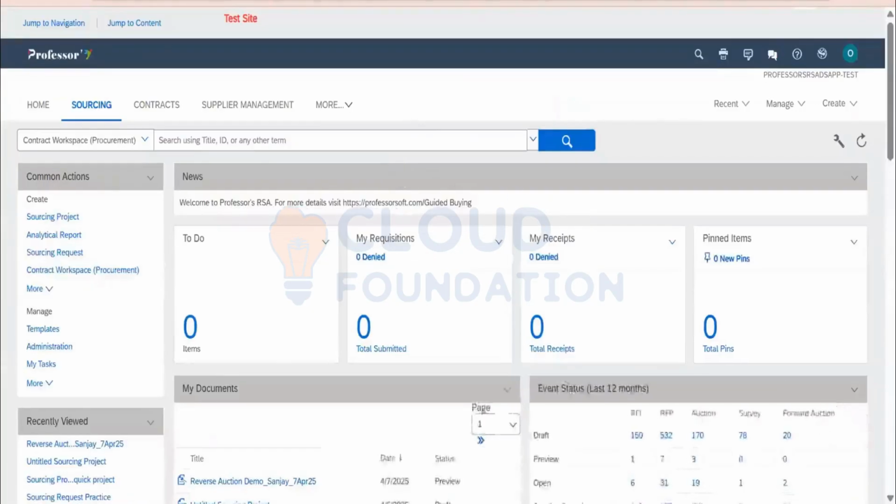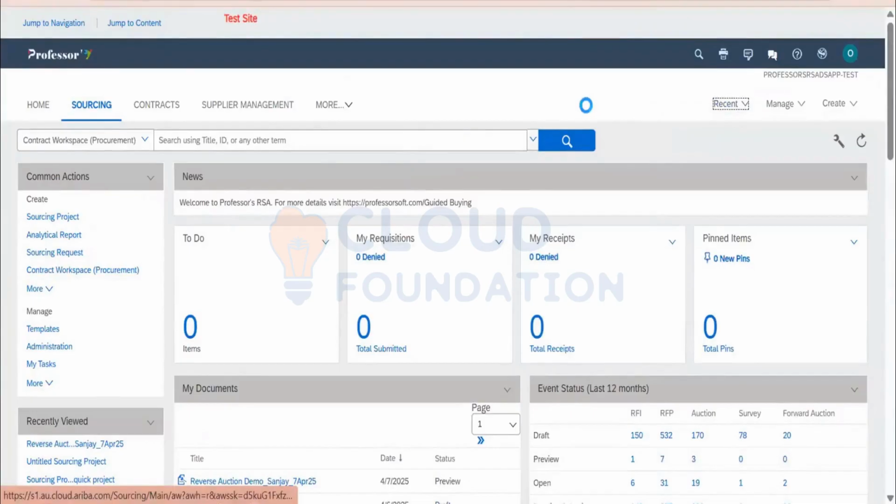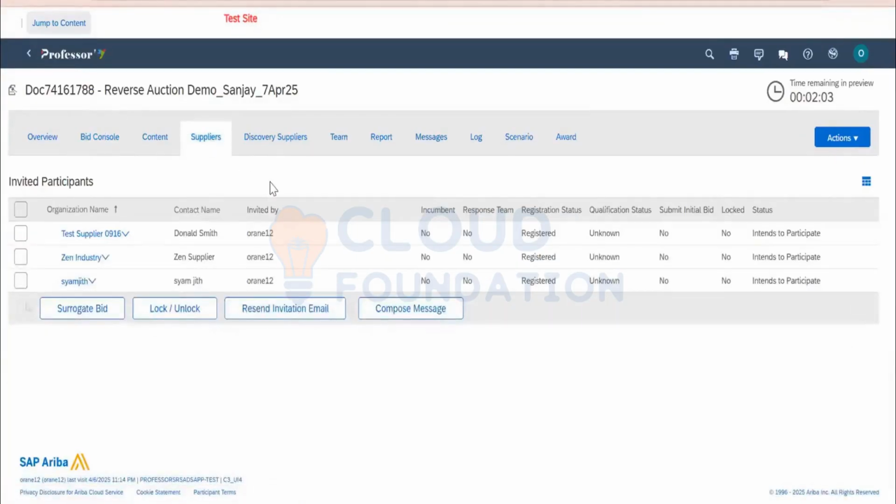You have communicated to him that Monday we will be having an auction, but Monday he replies to you, sorry, I have not received it. It could be any reason, because of a network failure, or his email, or it has gone to the junk box or something. There are many chances. In such scenarios, you can click